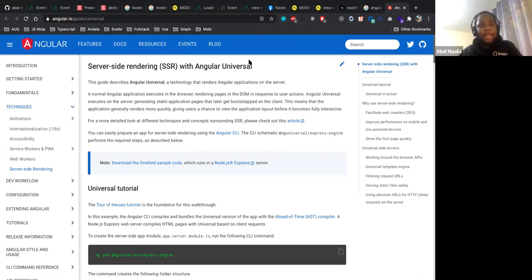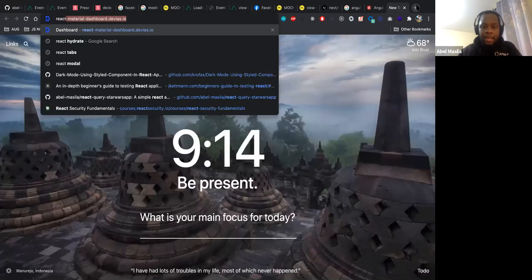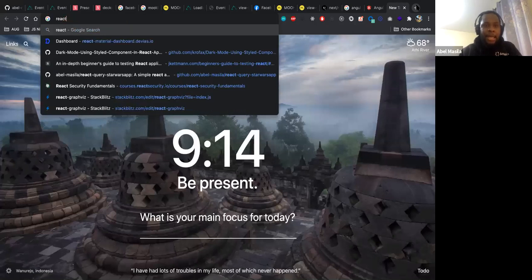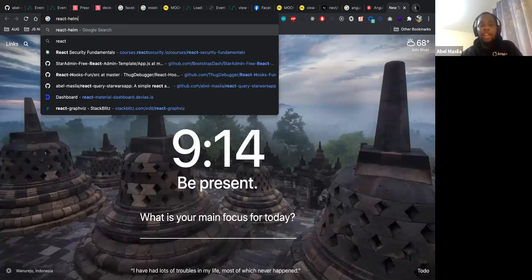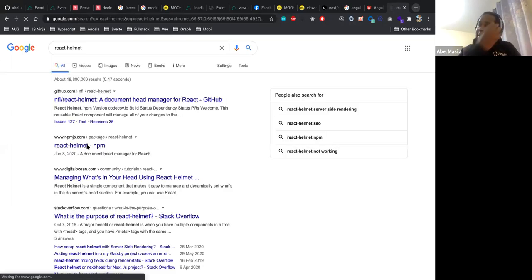So let me show you another way how you can do SEO for SPAs. There's a library called React Helmet. React Helmet gives you SEO, but it will only be indexed by Google. Open Graph, as you have seen, Facebook uses Open Graph for web crawling. Actually, I think Open Graph is their tool. So they will not see your stuff.